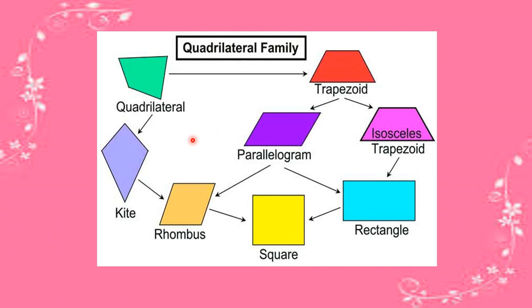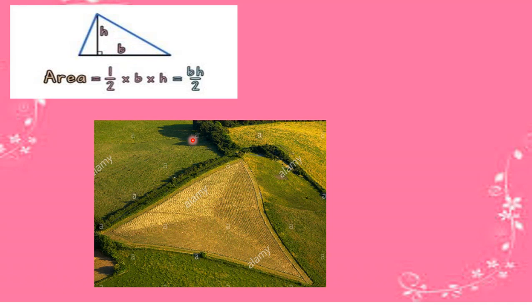So that means in all the quadrilateral family, in all varieties, we have different formulas for finding their areas, whereas in the triangle we have one formula: area of triangle is half into base into height. Now if you are asked to find the area of this triangular shaped field, and it is given that the three sides of this triangular field are 1 kilometer, 3 kilometer and 2 kilometer.